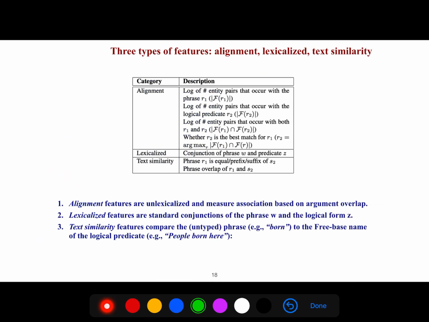Alignment features are unlexicalized and measure association based on argument overlap. Lexicalized features are standard conjunctions of the phrase W and the logical forms Z that we want to infer. We don't know the logical form. So in lexicalized features, it's just conjunction. And the text similarity compares the untyped phrase, for example,